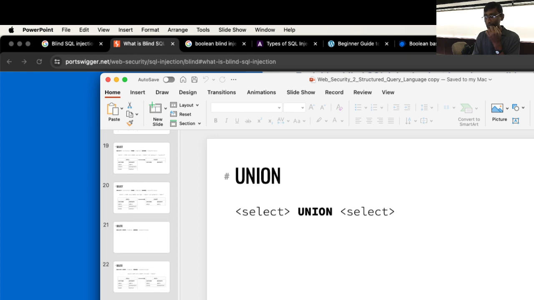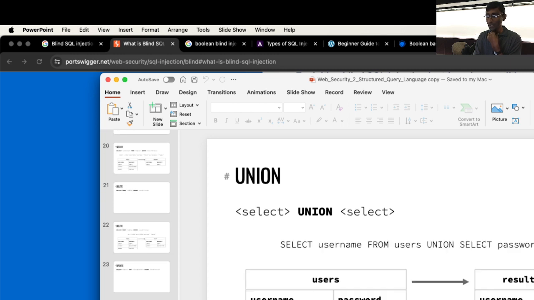And the next one we saw was the union. The union command provides the capability to retrieve more than one column and provides a powerful opportunity to make many attacks possible. So this is one of the important things that we have to look into. One of the important aspects here is that you can union two select statements,